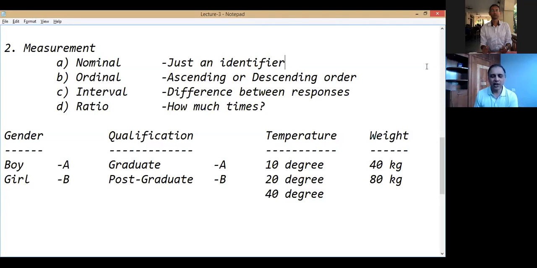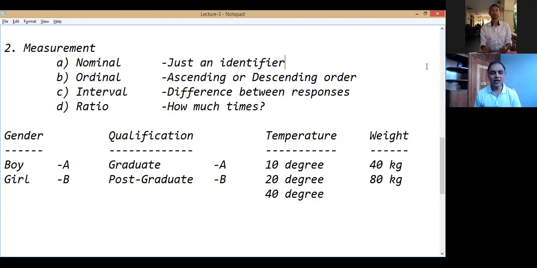My mobile number starts with the number 9. And if someone's number starts with 7, it doesn't mean Suman is inferior or superior to me in any way. So it's simply an identifier, a number. When we can compare two things, for example, take something else. If I look for features of your mobile handset, and I say Samsung, Apple and Nokia, there you may say that this phone has more features, this has fewer features. This will be in ascending or descending series. This will be called ordinal.